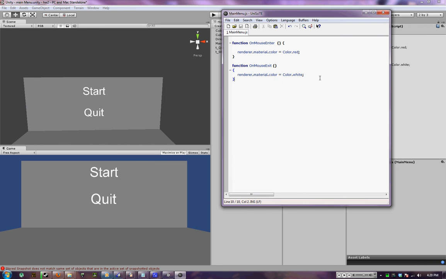Now we actually need to have it do something. If it's changing colors, it's not really helping us out too much. So let's have it when we push the button down that it actually either exits the application, or if it's on start, it'll start us off on the first level. So we have a new function here. Function OnMouseUp, because we can have it down, like you click down and it does it, but more traditional clicking is down and then release is the actual selection. So on mouse up,